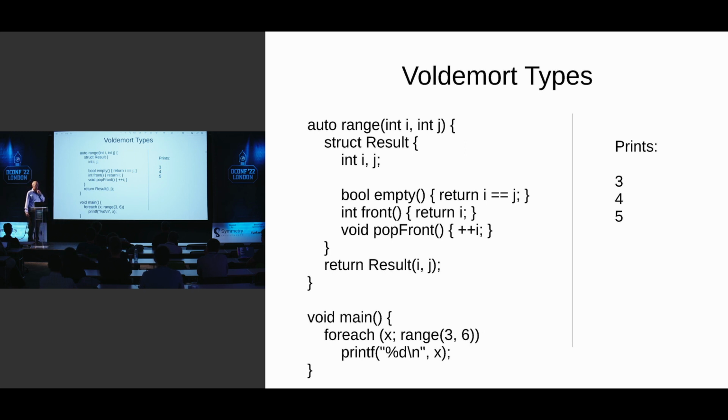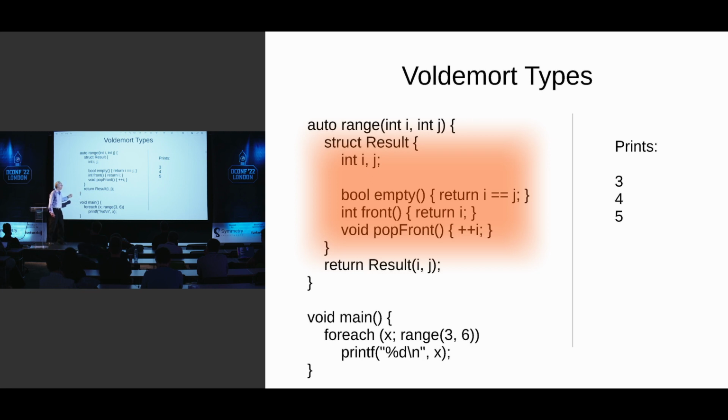Because if you want to return a struct, you don't have to declare the struct outside of the function. You can declare it inside of the function. And so here we have a struct declared inside of the function, and what it does is it produces a